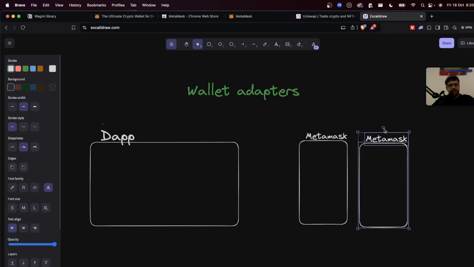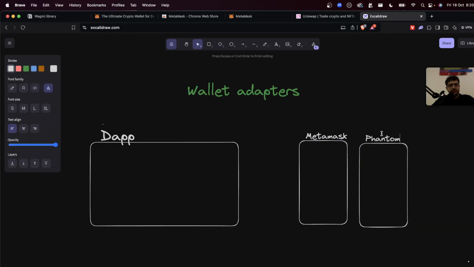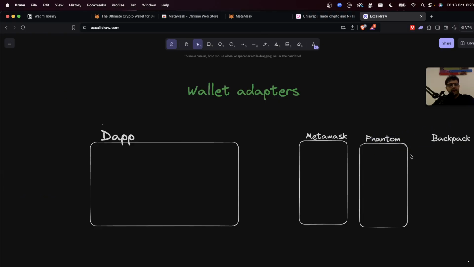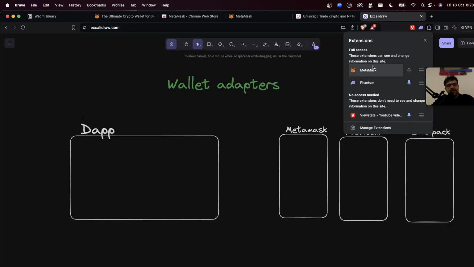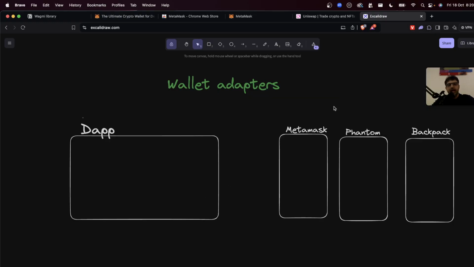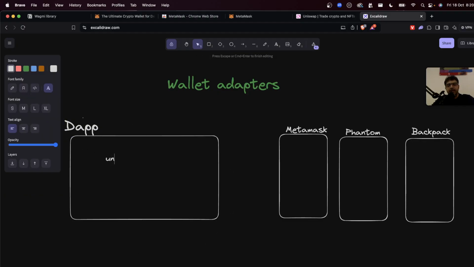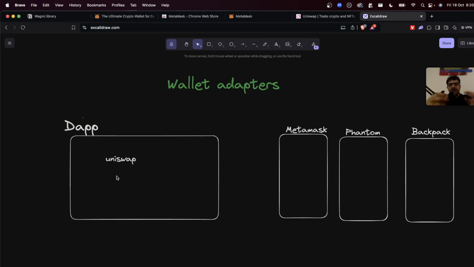Phantom is a wallet. Backpack is a wallet. The user can have one of many wallets on their machine. For example, on my machine, I have MetaMask. I have Phantom right now in my Brave browser. I have two wallets. So whenever someone creates a dApp, a decentralized app like Uniswap, they need to connect to